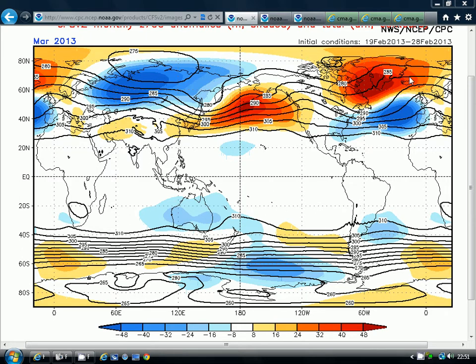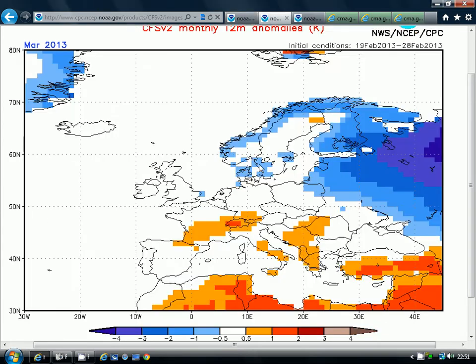So this implies, I think, that we will be seeing a greater than average frequency of northerly and easterly winds through the course of the month. Although with this area of above average height stretching out to the east, we do have the potential at times to get some southerly winds. So it really is probably going to be quite a mixed bag from this 700 millibar height anomaly in terms of what we see this month. I think there is potential for some quite cold weather, but also potential for some quite warm weather at times as well. And even in the coming week, we are looking at quite a mild spell coming up.